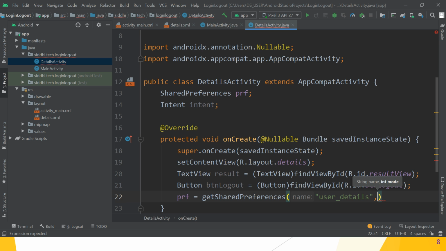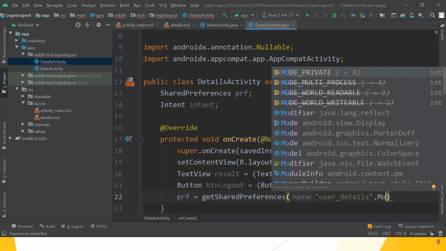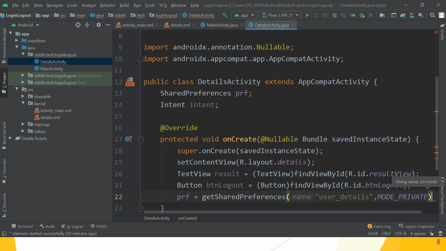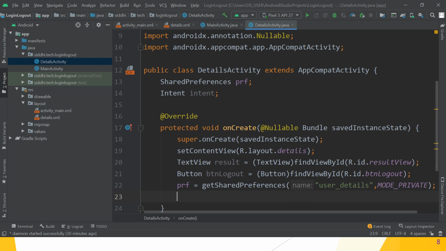And which mode? Mode private. Guys, hope you understand how to create the object of the shared preferences by using getSharedPreferences, because we want to use it not only in one activity but for multiple activities. So we have to create which shared preference file?